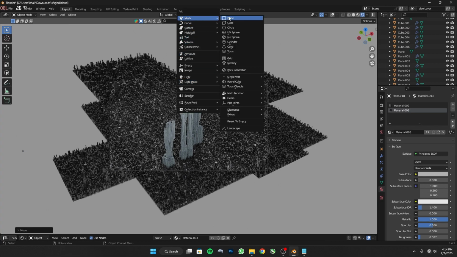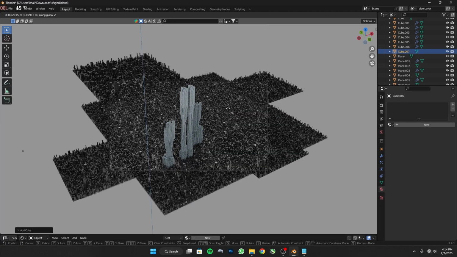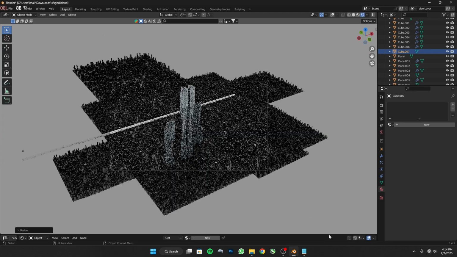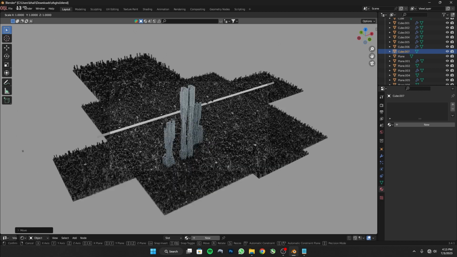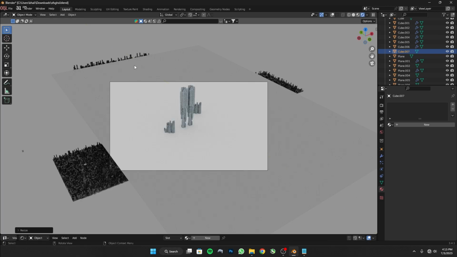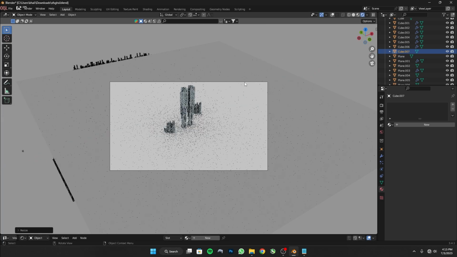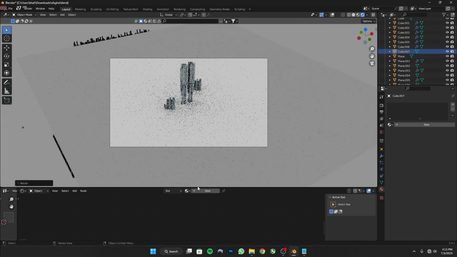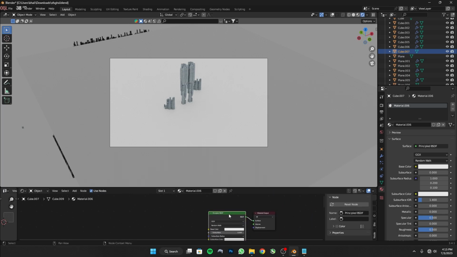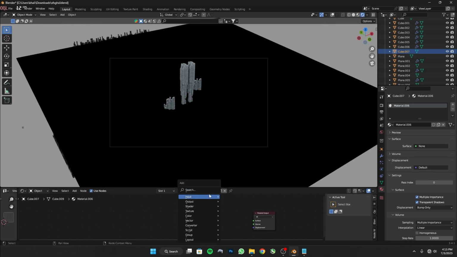I'm gonna Shift A, add a cube, and move it up and scale with X and Y. There's a trick for making clouds. I'm gonna tell you. I'm gonna make some clouds out of this cube, scale it, and fill up the scene. Go to shader editor, click new, and I'm gonna delete the Principled BSDF, add a color ramp,